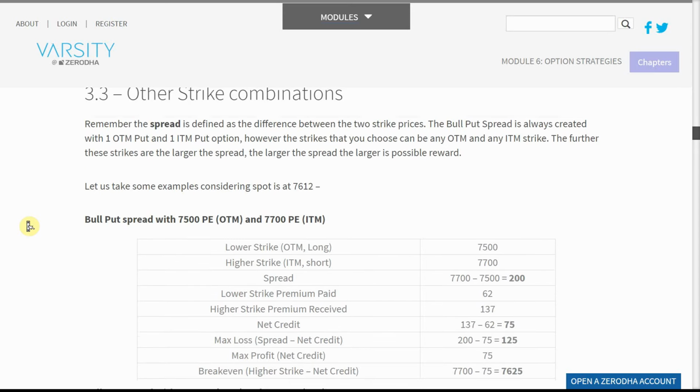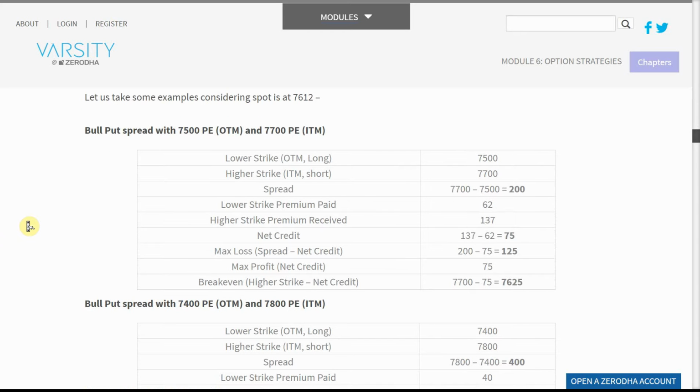Bull put spread with 7,500 PE OTM and 7,700 PE ITM. Lower strike OTM: long 7,500. Higher strike ITM: short 7,700. Spread: 7,700 - 7,500 equals 200. Lower strike premium paid 62. Higher strike premium received 137. Net credit: 137 - 62 equals 75. Max loss: spread - net credit, 200 - 75 equals 125. Max profit: net credit, 75. Break-even: higher strike - net credit,